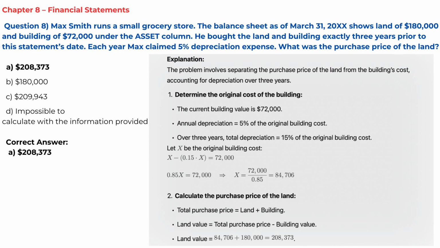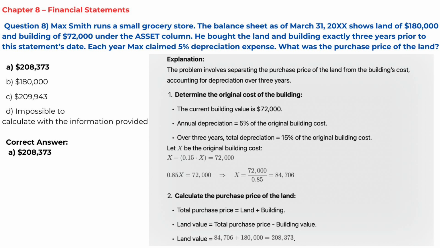Question 8. Max Smith runs a small grocery store. The balance sheet as of March 31st, 20XX shows land of $180,000 and building of $72,000 under the asset column. He bought the land and building exactly 3 years prior to this statement's date. Each year, Max claimed 5% depreciation expense. What was the purchase price of the land? Correct answer, A, $208,373. Explanation. The problem involves separating the purchase price of the land from the building's cost, accounting for depreciation over